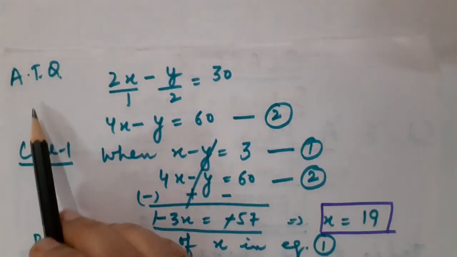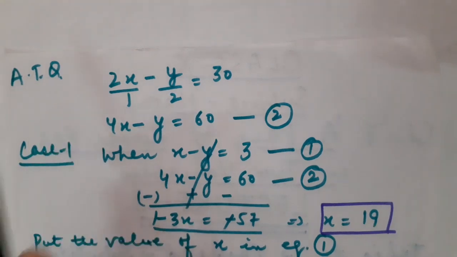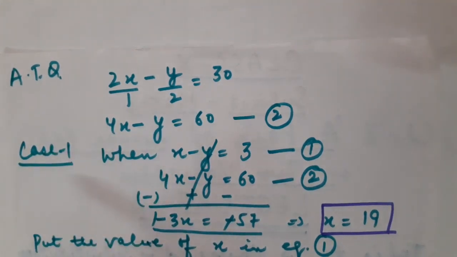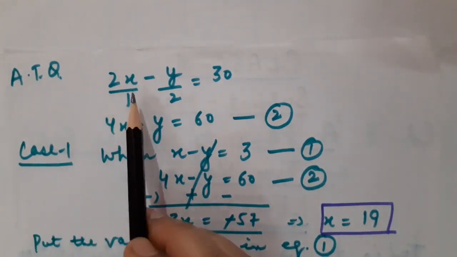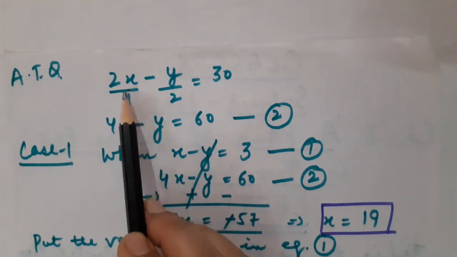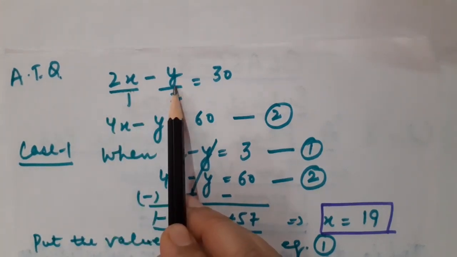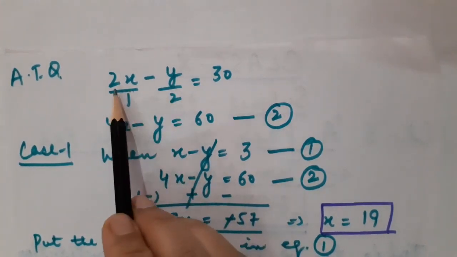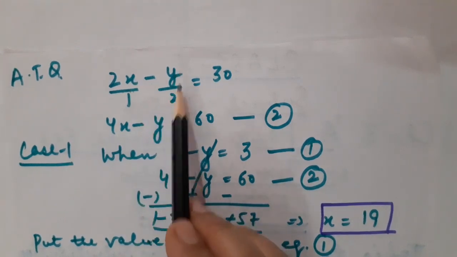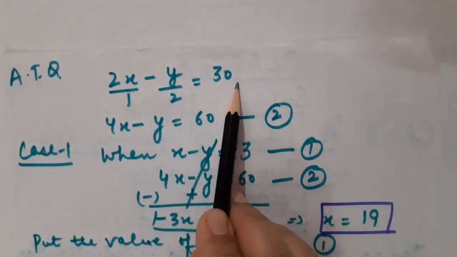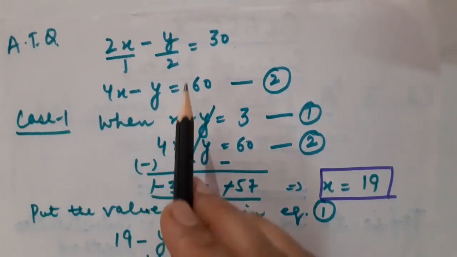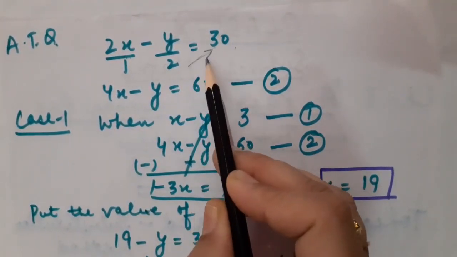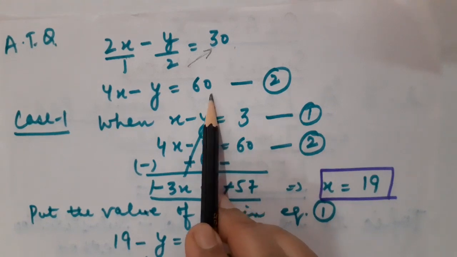Now children, according to the question, the difference between the ages of Dharam and the sister is 30 years. You know that Dharam is the father of the child. Fine. So definitely the age of the father will be more than the sister of another child, right? So I have written 2x minus y upon 2 is equal to 30. After taking LCM, children, I have got 4x minus y, and that LCM will be multiplied by 30, equivalent to 60.